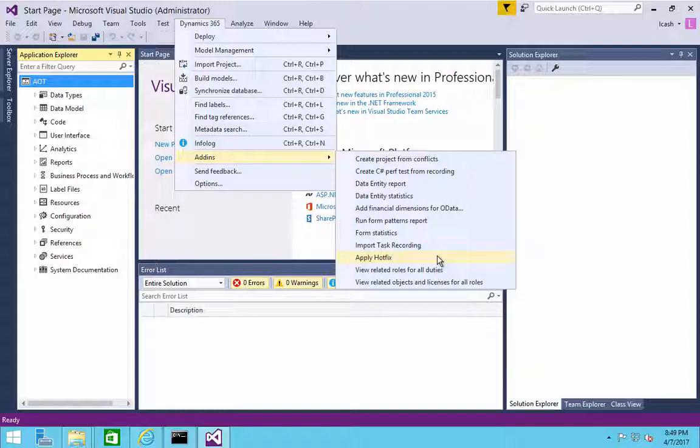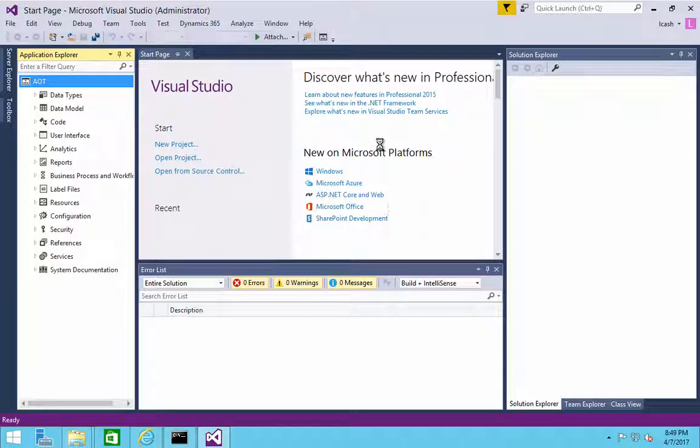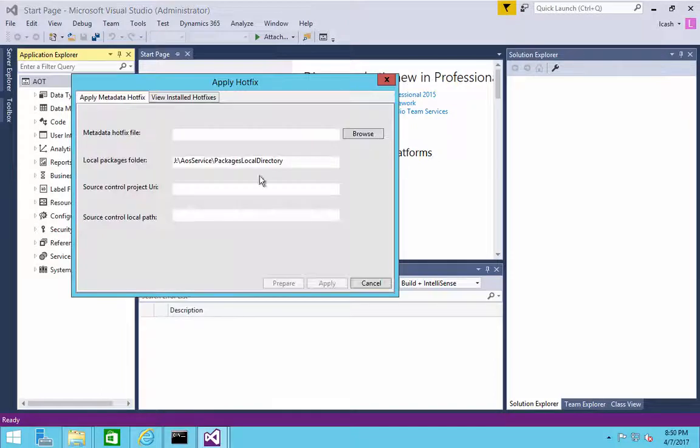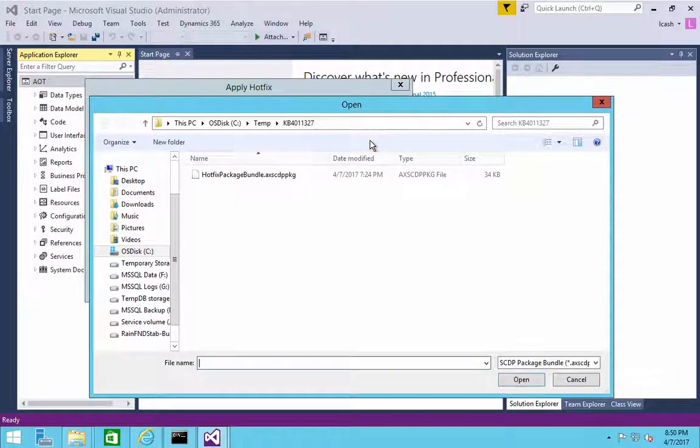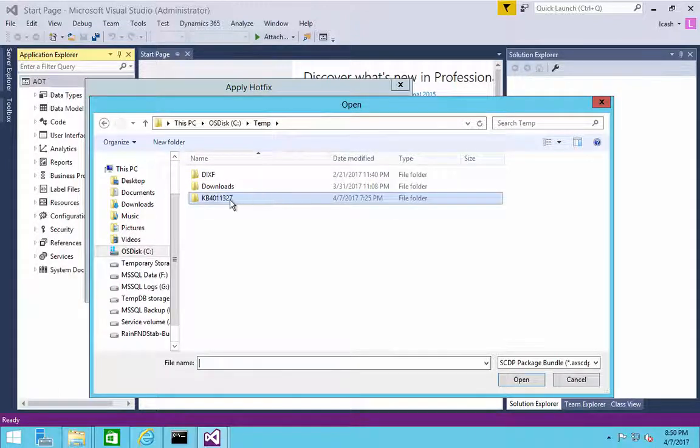So I'm going to use this menu and run the process here. This is a metadata hotfix. Most of these are going to be metadata hotfixes because they're updating application objects. So what I'm going to do here is now browse, and I downloaded that to the temp file on this